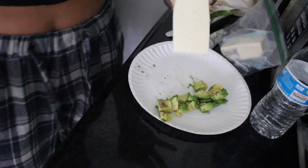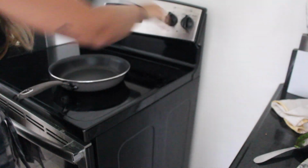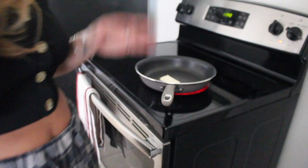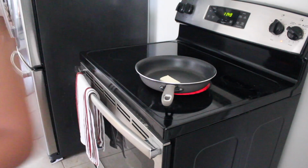You literally don't have to do anything. You just throw it on the pan. So I turn this on, and we're just gonna throw it there. It doesn't need cheese, it doesn't need spray, it doesn't need oil. Just let it cook. For my eggs,